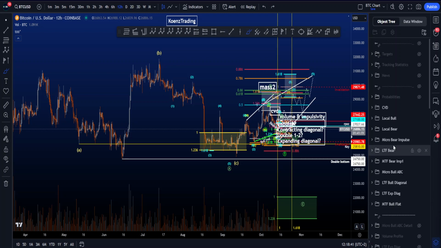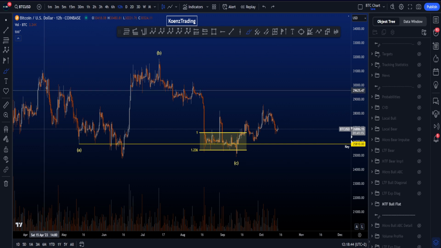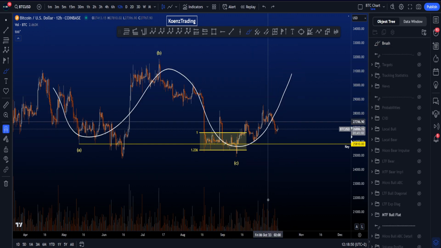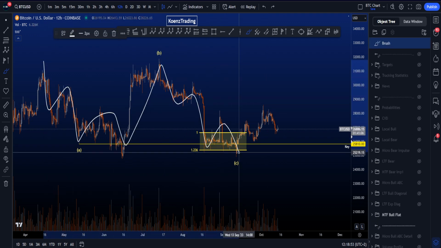Hi everyone, let's go over my bullish and bearish Elliott Wave scenarios on Bitcoin, starting with the medium time frame bullish scenario, where we're looking at a finished three-wave structure for now, with new highs to come. In this particular scenario, we're looking for a zigzag in A, a flat in B, and a five-wave structure in wave